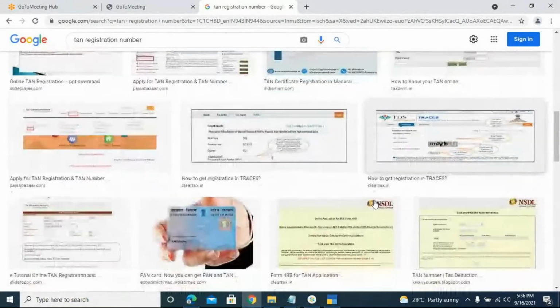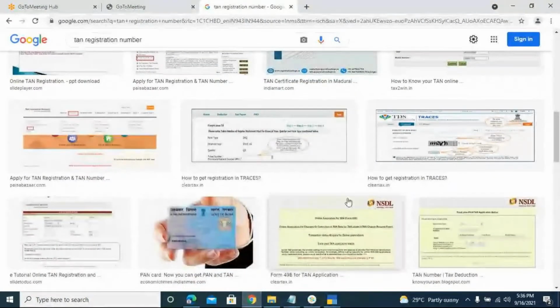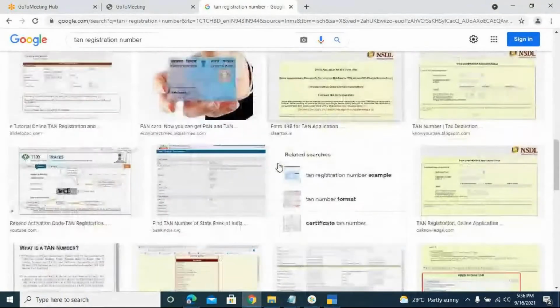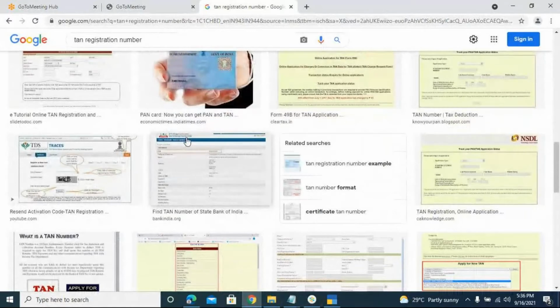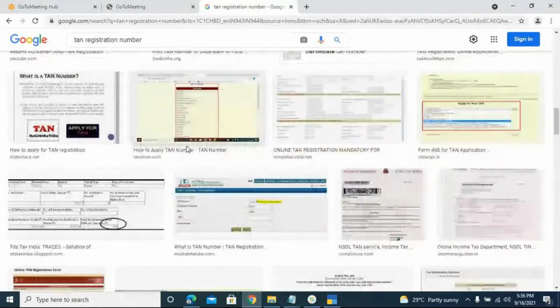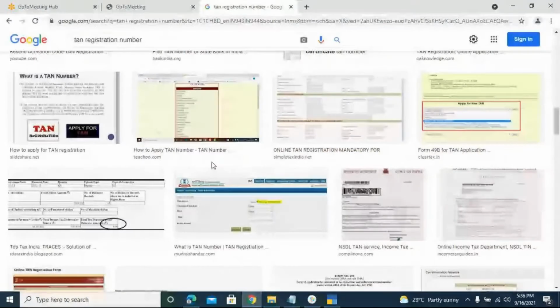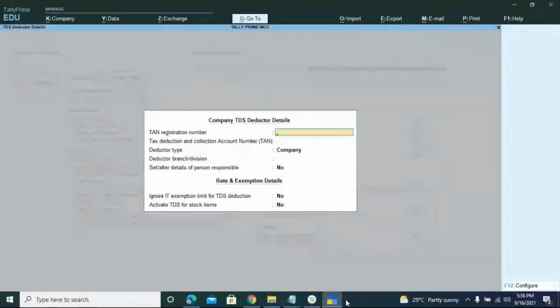Here we have it, it's fine. I would have this because I'm not having the appropriate one here. Yes, I will give you the TAN number, how it appears. TAN registration number format. What you can do is you can give as